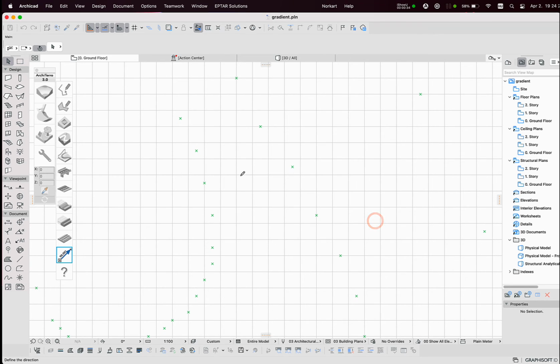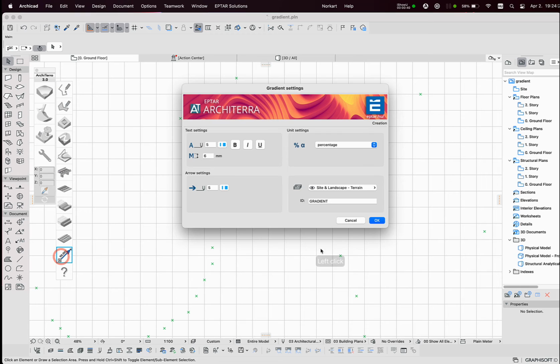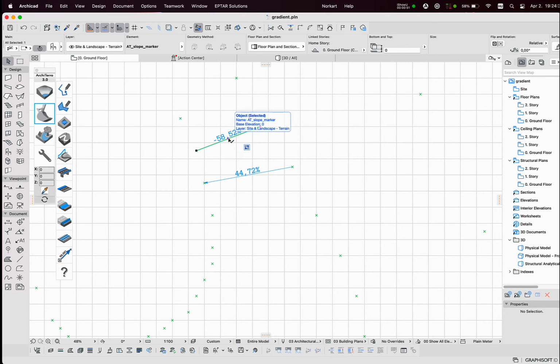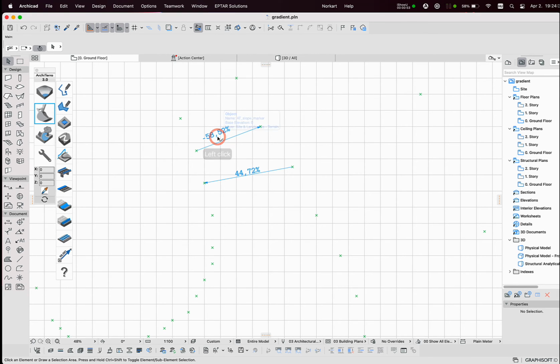With the first click, I define the start point of the arrow, and with the second, I finish the operation. When I click a second time, the arrow element appears between the two selected points, and on the line of this arrow, a number shows the measured value. The indicated value shows a negative result if the surface slopes downwards, and shows a positive result if the surface